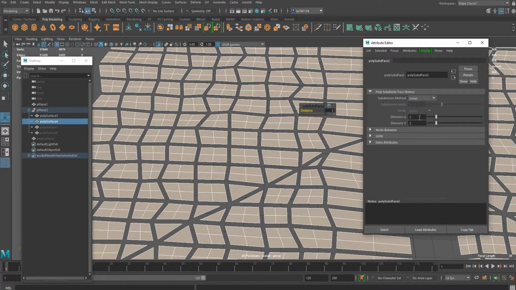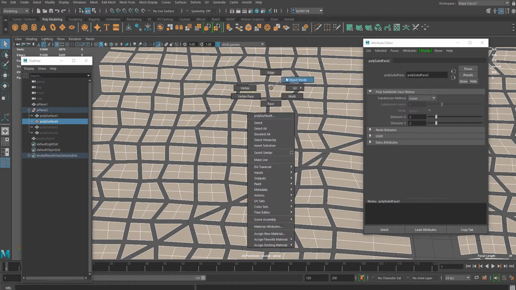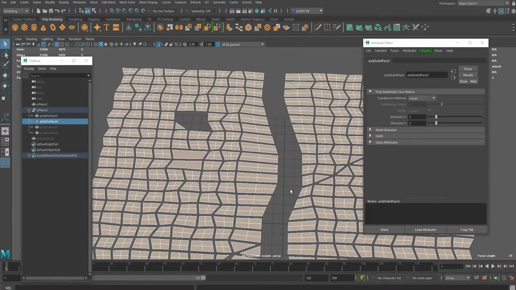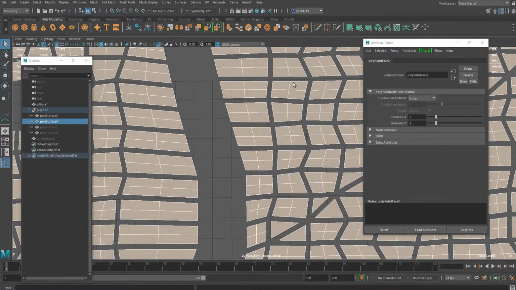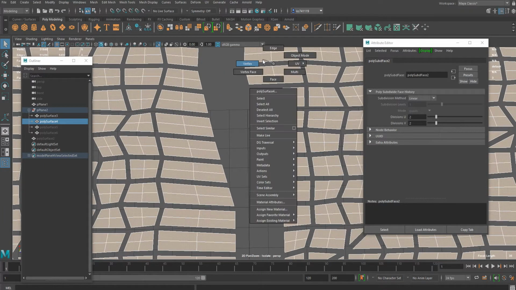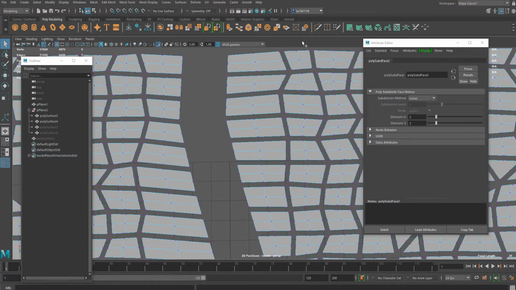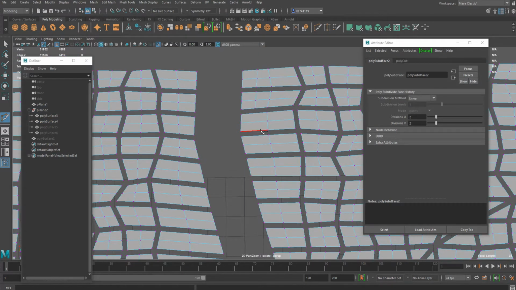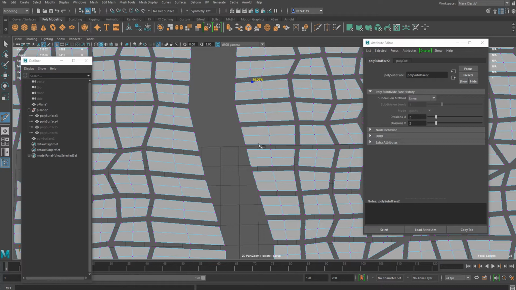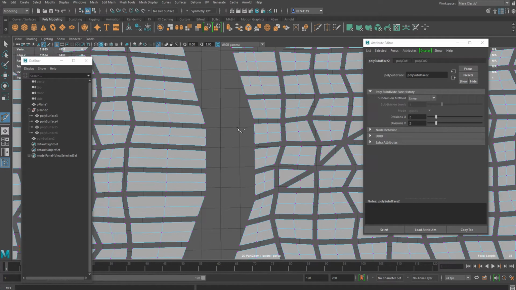I'm gonna give it 2 divisions for each direction, and now we can use our knife tool instead. So I'm gonna grab my knife tool again and try to cut something like that. It doesn't have to be perfect, because